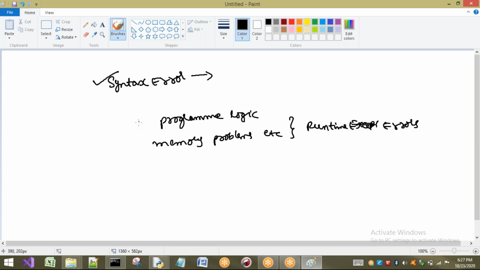So observe the case. I will show you one case. There, syntax errors will not be there. At runtime, some errors are going to be generated, like if there is any problem in the program logic, or we can consider a memory problem. Previously, when I was comparing generators with a list, we got a memory error. I think we have seen that memory error.